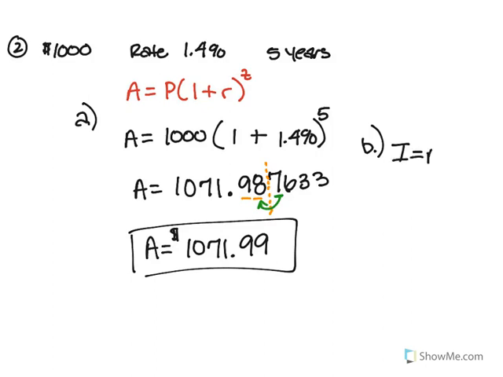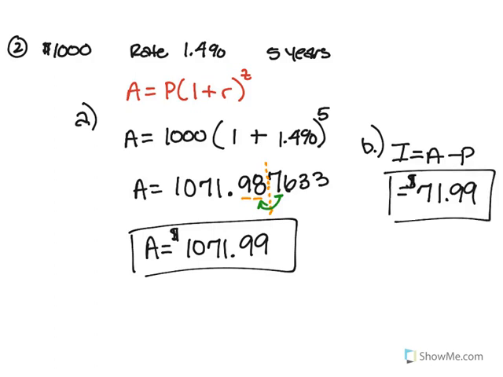Good. All you're doing is subtracting the 2. And so that will give you $71.99. That's how much interest. What would be the end of that? The interest instead of it being